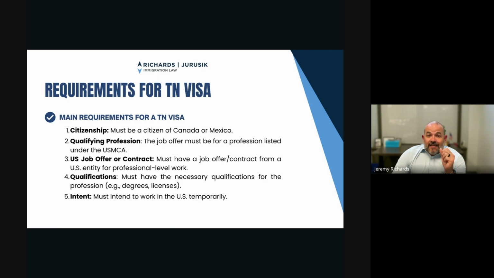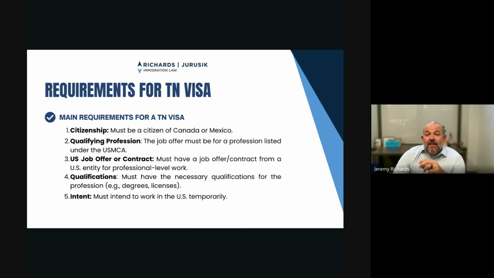When the USMCA talks about a certificate, they're talking about a 2-year degree that is earned from Mexico. When they're talking about a diploma, they're talking about a 2-year degree that is from the United States or Canada. These cannot, again, be from any other country outside of the United States. And if you have doubts about what your education equivalency is, then we would recommend getting an evaluation from a company that performs foreign degree evaluations. There are, however,